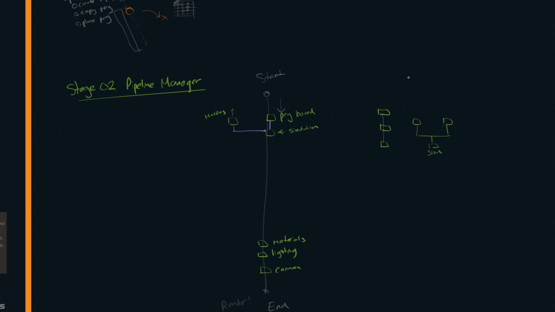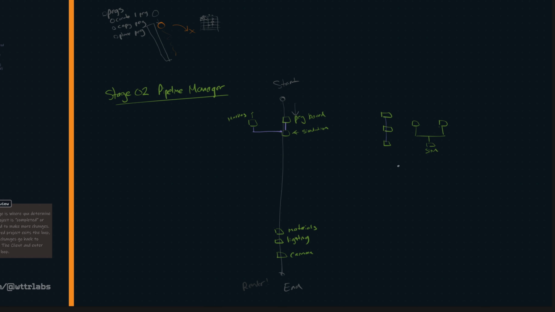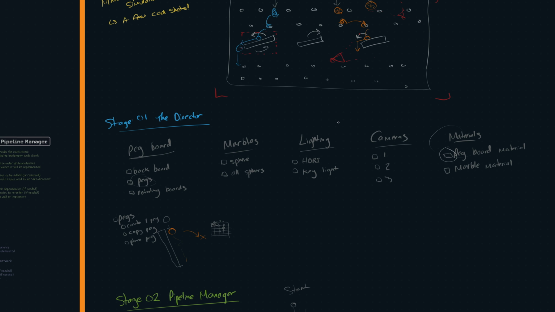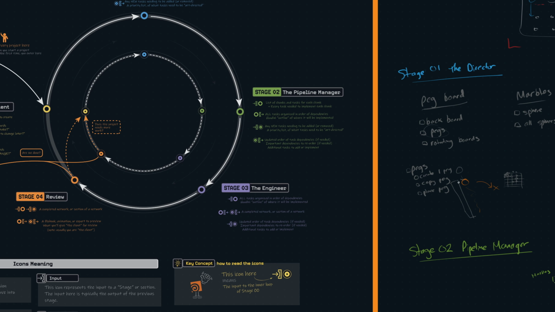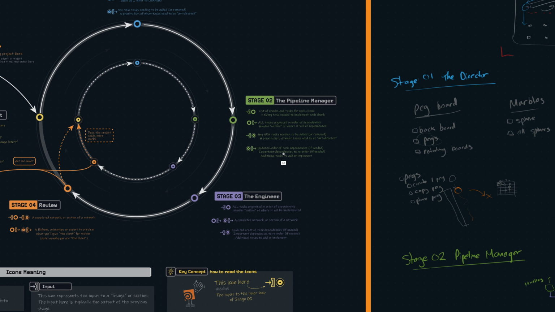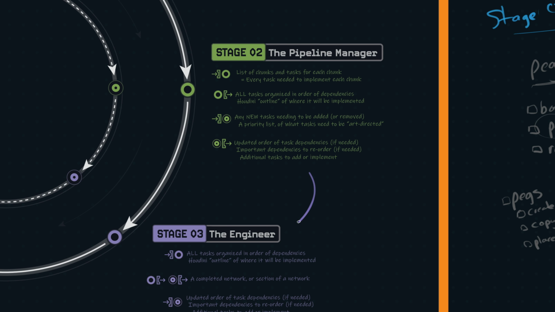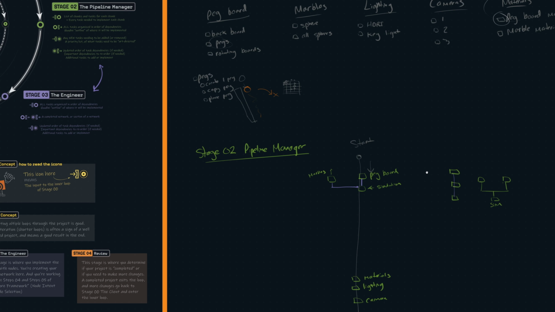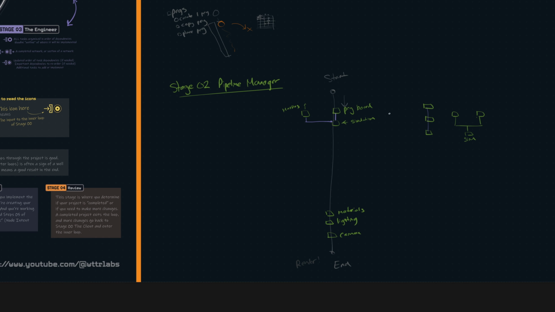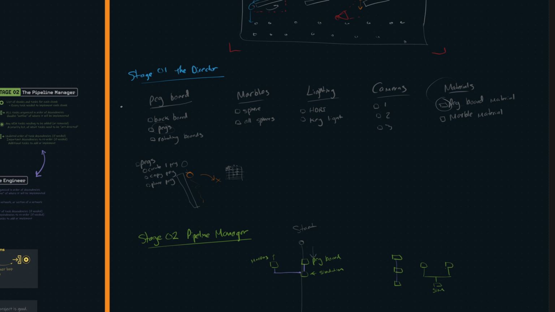So this will make a little more sense once you start using Houdini more, and hopefully this makes sense if you have seen some of the other videos. But for now, we just need to think about the order we're going to set these up in, and a lot of actually setting that up is part of the engineer stage once we get into Houdini. But one more stage of the pipeline manager, which perhaps does overlap with the engineer, is the Houdini organization, which is the scaffolding of where we'd create individual components. So maybe we're doing the geometry context or SOPs for our pegboards, and for lighting, maybe we're using Solaris,